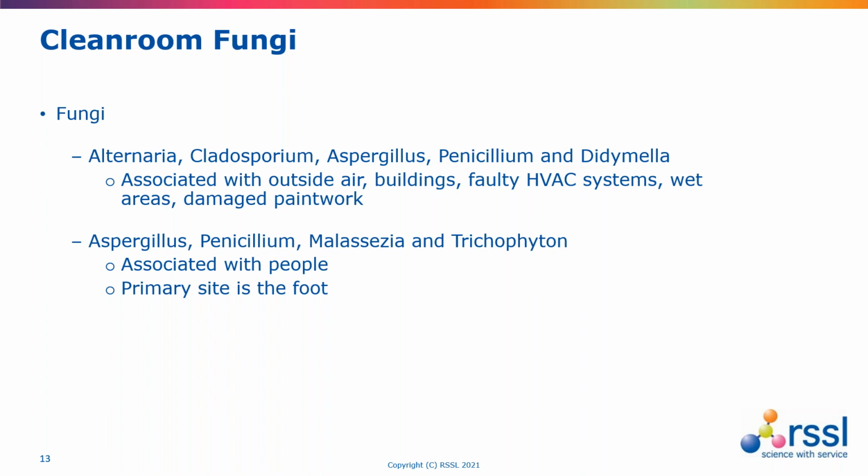Then there are fungi that are more commonly associated with the human skin microbiome, particularly with the release of skin flakes. Here we tend to have Aspergillus and Penicillium, but also Trichophyton, which is associated with things like athlete's foot, and Malassezia, which is the fungus that can cause dandruff around the